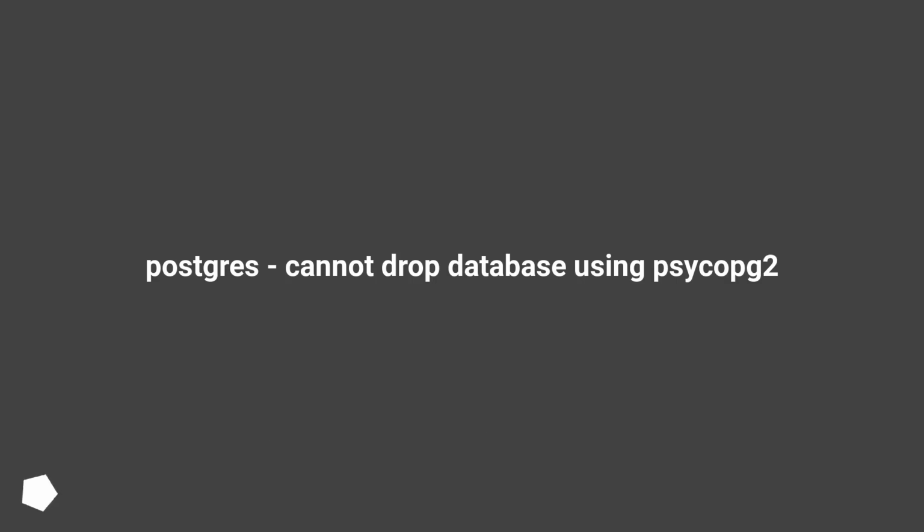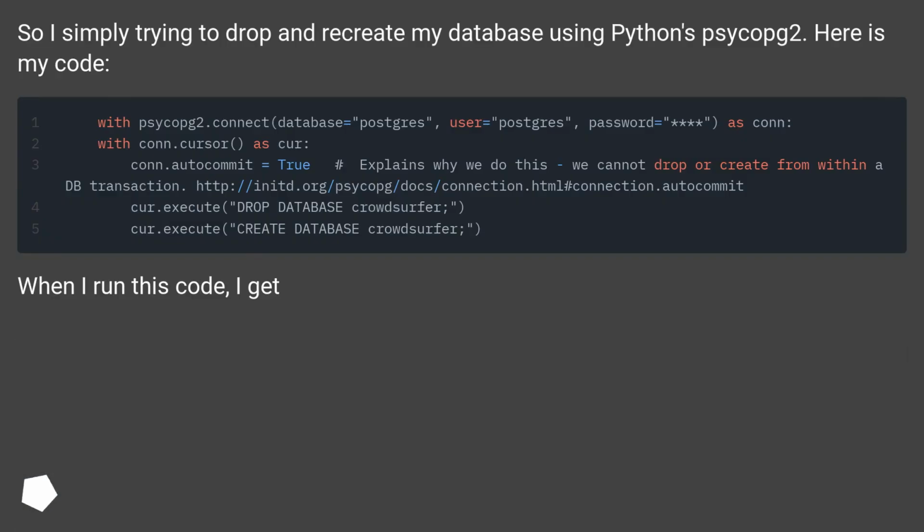Postgres cannot drop database using psycopg2. So I'm simply trying to drop and recreate my database using Python psycopg2. Here is my code. When I run this code, I get